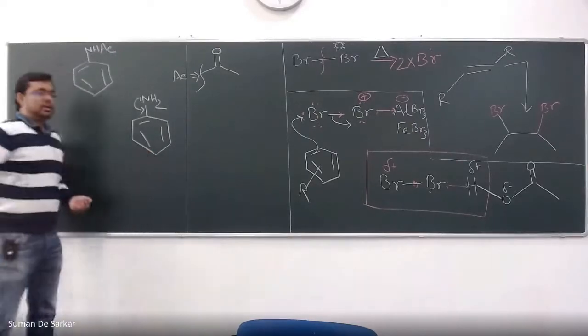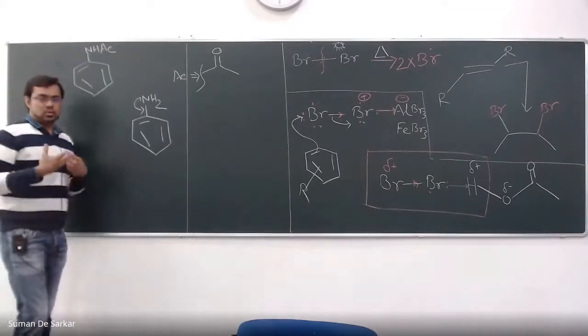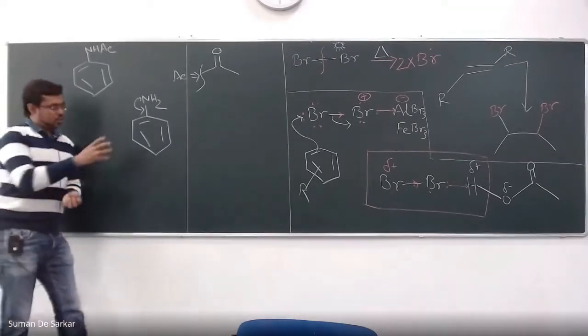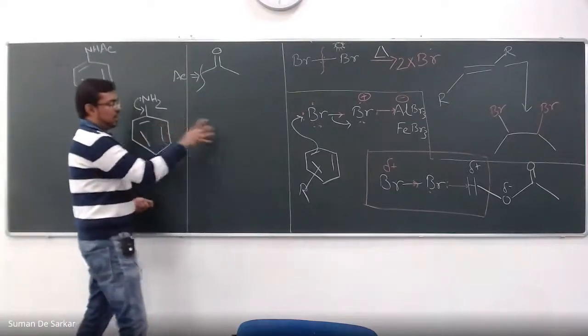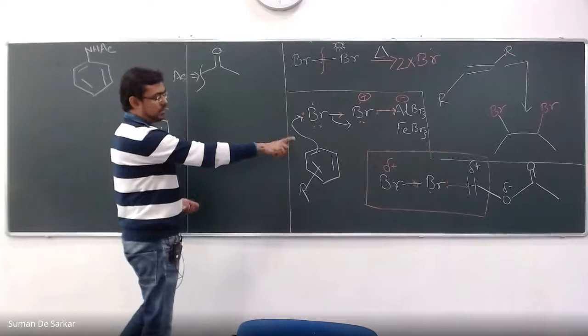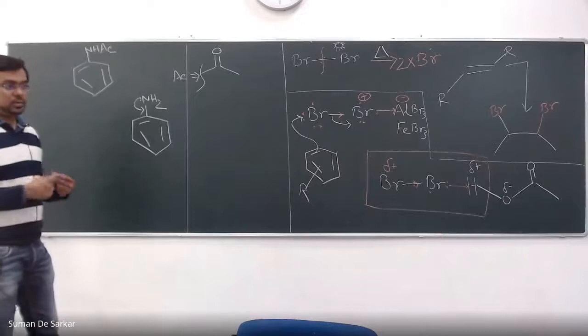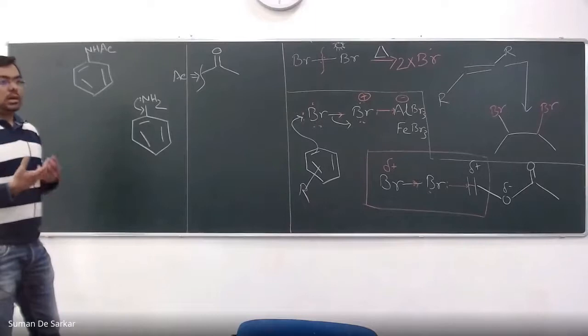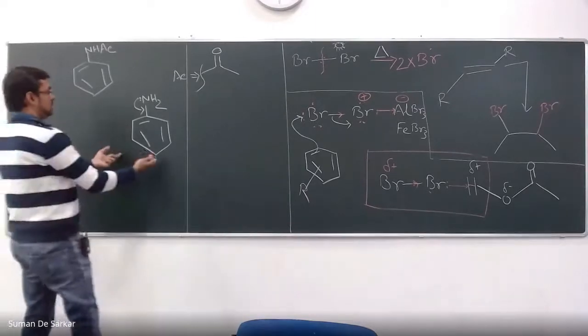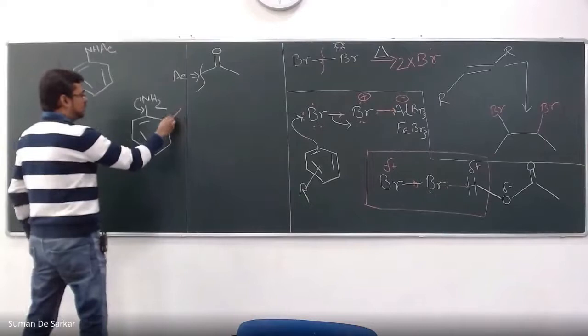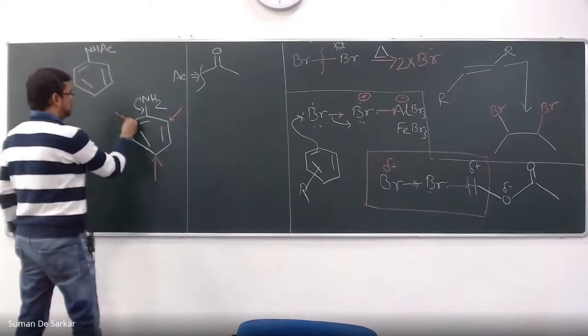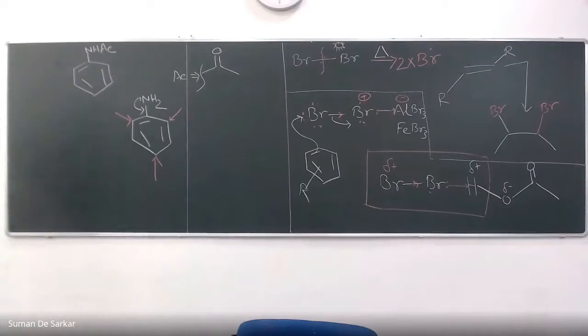Okay? Really electron rich, and this aniline is a very good nucleophile. Once you have a very good nucleophile and this activated complex, which is also a reasonably good electrophile, if you mix these two, what will happen? It will immediately react, but the problem is the reaction will be uncontrolled. Because this is really activated, the bromine will enter this position and this position. So there is a possibility of uncontrolled bromination, and both ortho and para tribromination will happen.